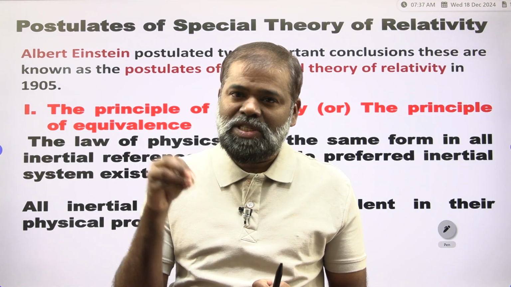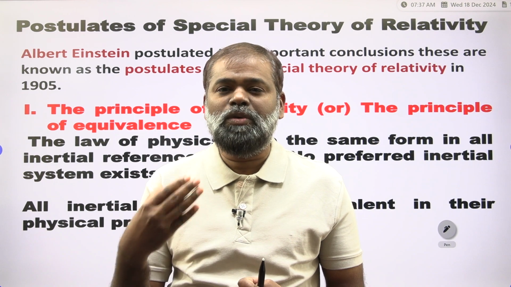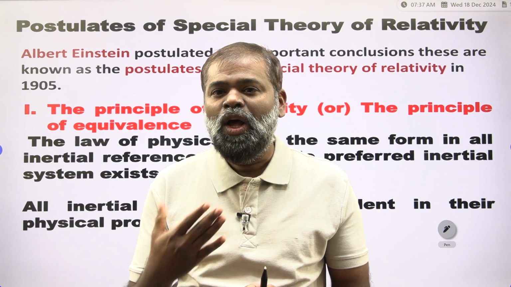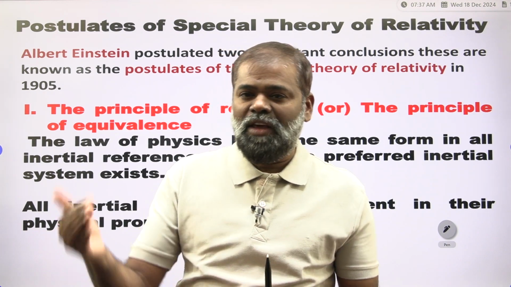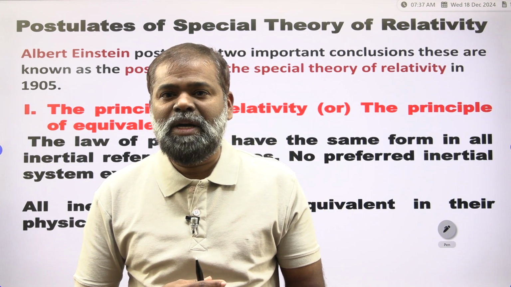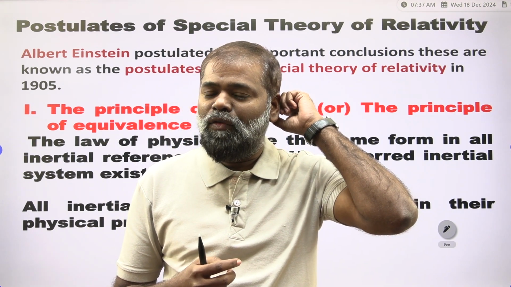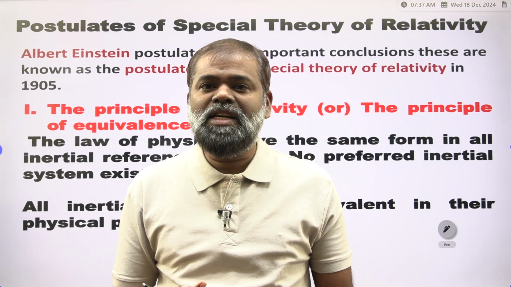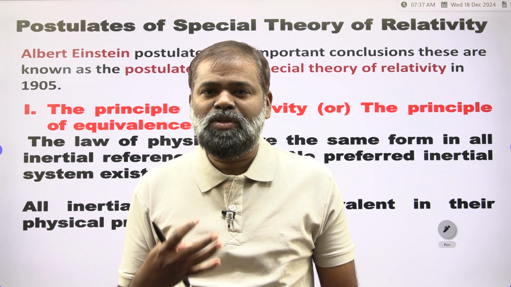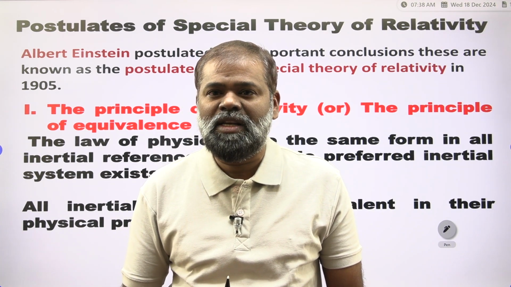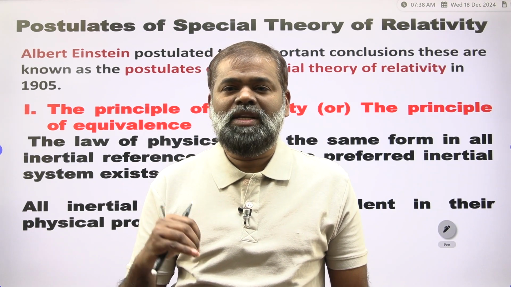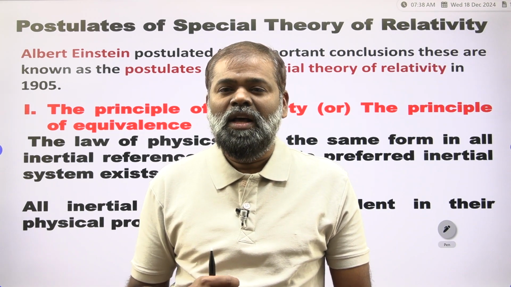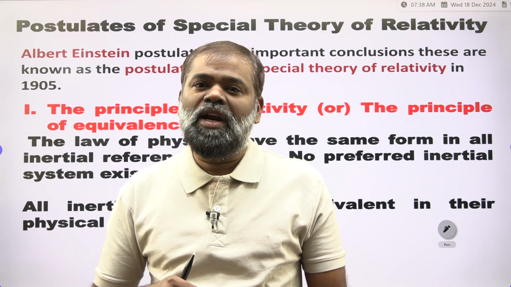That is why we have to consider one more important transformation. Those transformations, the Lorentz transformations, came. But meanwhile there was the Michelson-Morley experiment. Michelson and Morley gave a theory in the midst of the ether medium, but the velocity was changing, and a negative result came. So the entire Michelson-Morley experiment is a failure experiment, but it gave a successful theory. Those conclusions lead towards the postulates of the special theory of relativity.